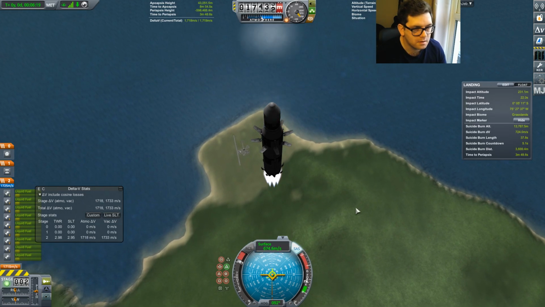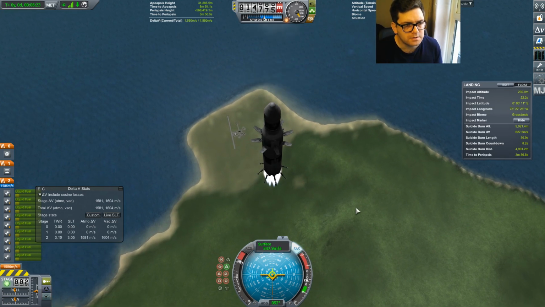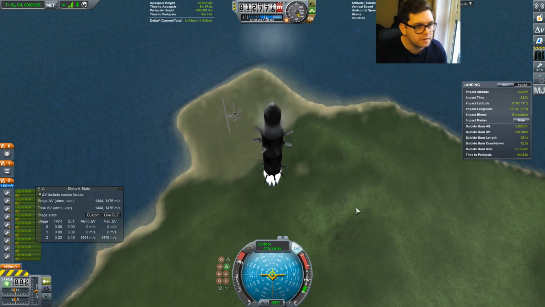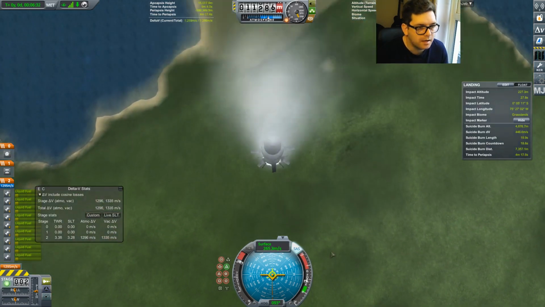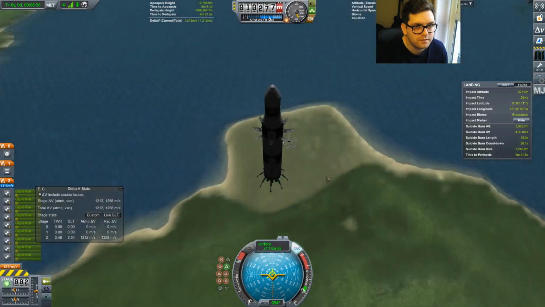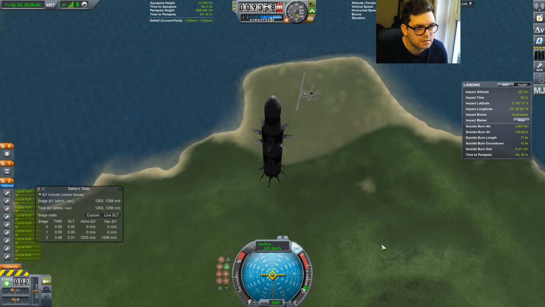And also reusability mod is another one that gives you the landing legs and the grid fins, which I could have kind of done with here. I'm using these in place of grid fins. So that really kind of didn't work well. I think it worked on the same premise as